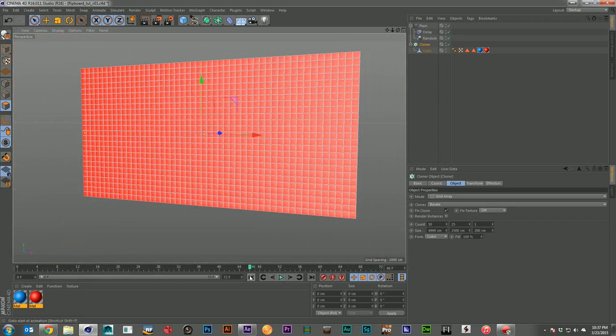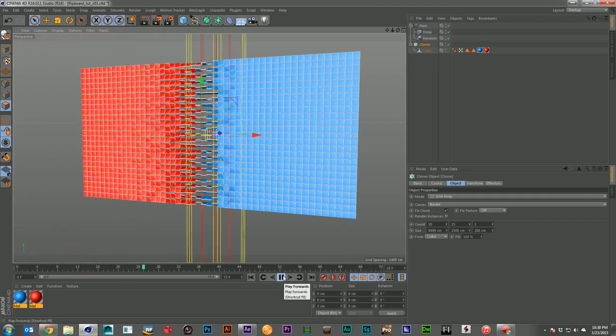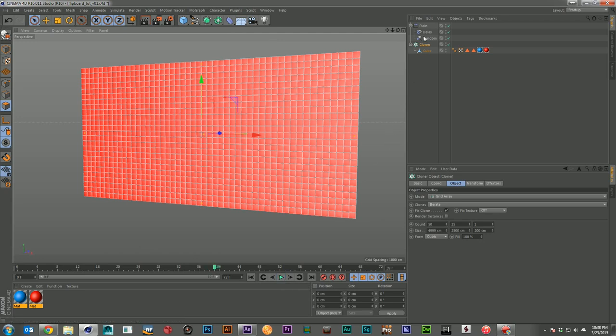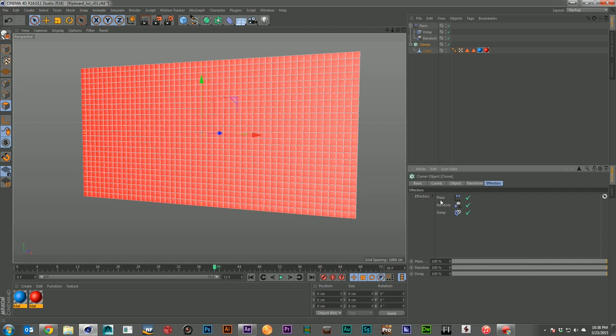And you're gonna see not much of a difference. And that's because we need to check the stack of the effectors. And the way this works best is to move the random first, then the plane effector, then the delay effector.